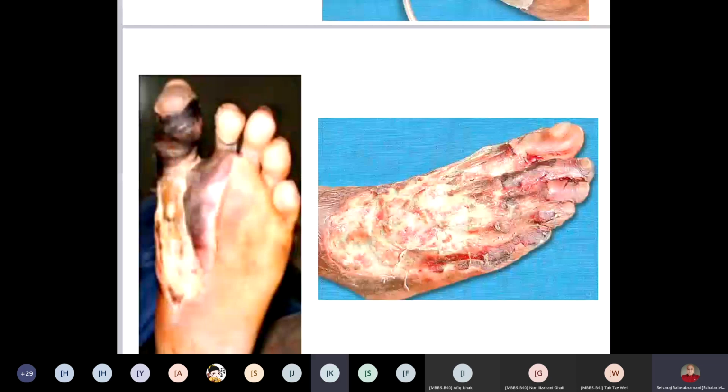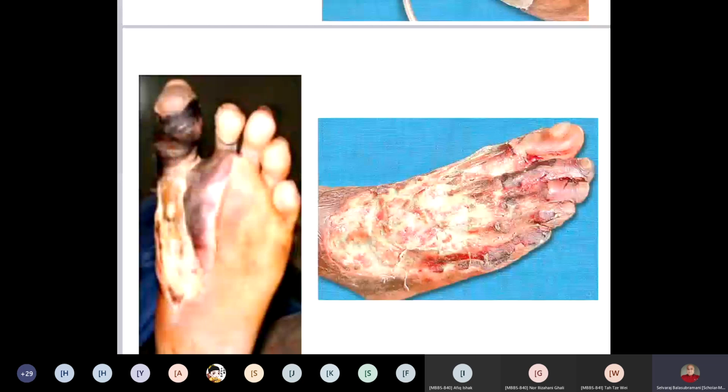How will you differentiate dry gangrene from moist gangrene? What is the characteristic feature of dry gangrene? Line of demarcation. Normal. And then you cannot see any skip areas, unlike moist gangrene, where you can see what are called skip areas. One area will be gangrene, then proximal to that normal skin, and again there will be gangrene. That is very characteristic of moist gangrene. Okay, wet or moist, both are the same.